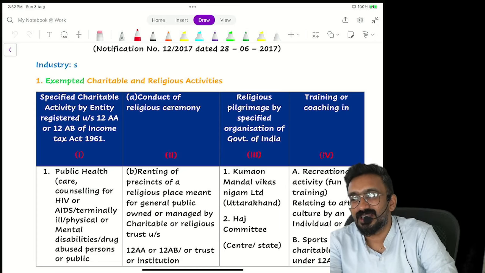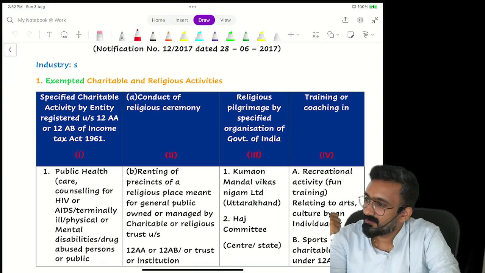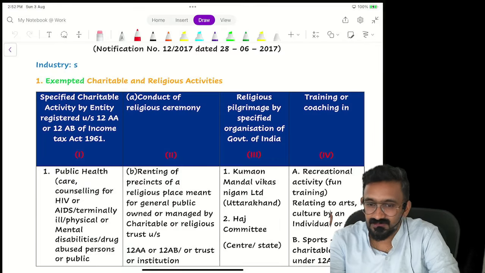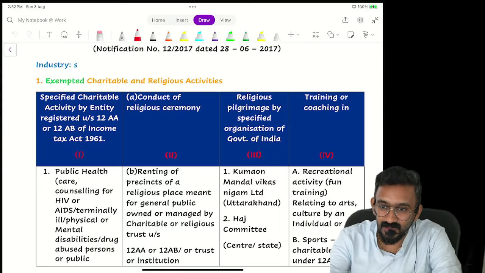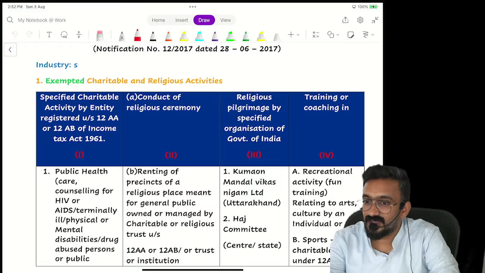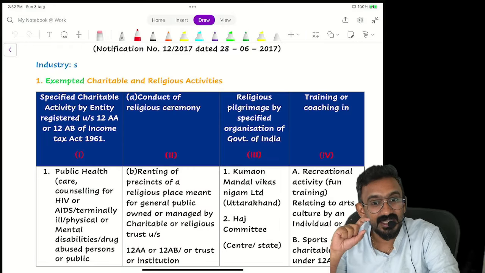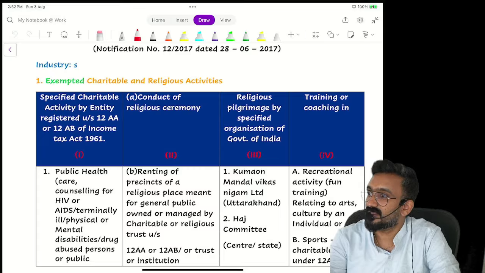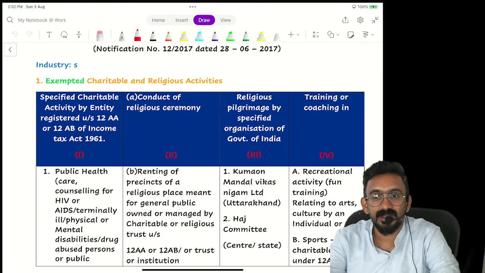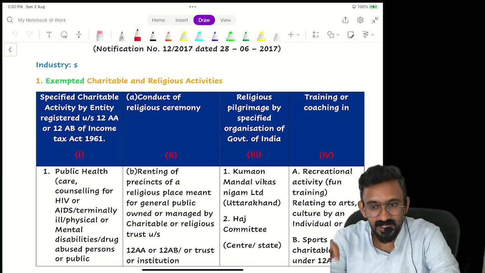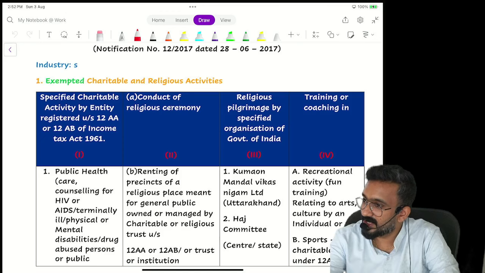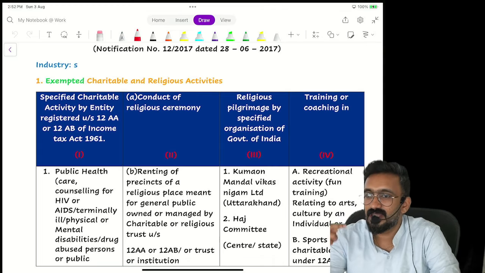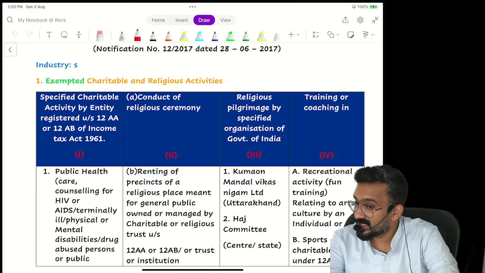Wherein what is only mentioned? Specified supplier. Some exemptions mention only a specified recipient. They say that any services provided to this fellow would be exempted. Then there are some exemptions that only specify the supply of service. They said conducting a religious ceremony is exempt. Supply of farm labor is exempt. They did not say who should supply or to whom. Anybody supplying would be exempt. So what are the types of exemption that you have? Specified supplier, specified recipient, or specified activity.